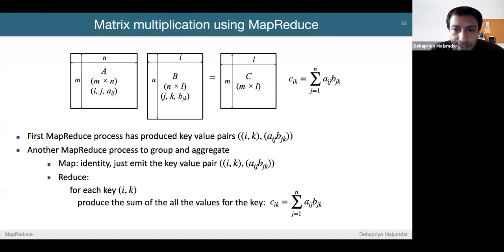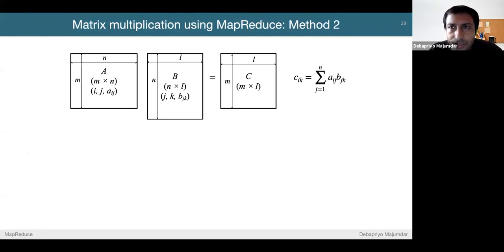So this was matrix multiplication, a two-step process, so two MapReduce processes. One MapReduce finishes and the output of that goes as the input of the second one. What we will do now is see a method 2 where we do it in one MapReduce instead of two. But the question is, of course, if we could do it, why didn't we do it before? We'll see that it may not always be really possible or nice to do. So let's see how that can be done.